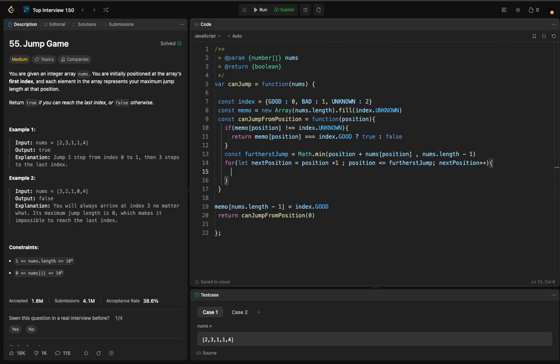And I will make an if statement: if we can jump from this position. Because we call this again, it's a recursive function. And right now I will try to call this function on its next positions to know if we can jump it or not. If we can jump from this next position,